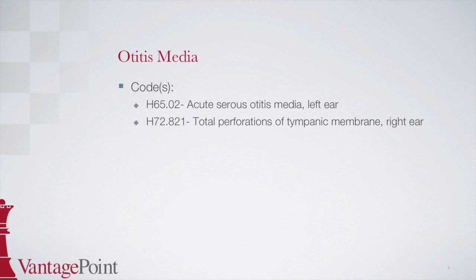The second code is H72.821, total perforations of tympanic membrane, right ear. Start by looking up perforation in the alphabetic index, and then locate tympanum tympanic indented below with membrane in parentheses as a non-essential modifier. Indented below this is the term total, which points to